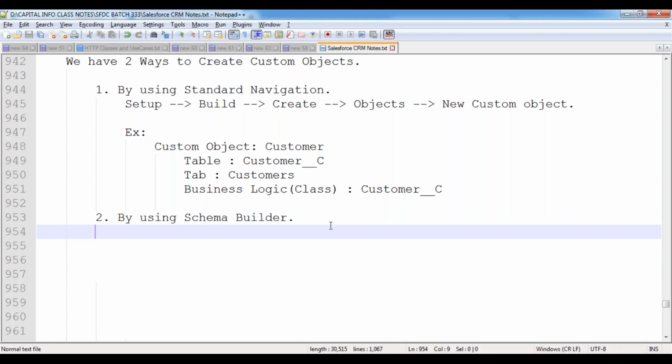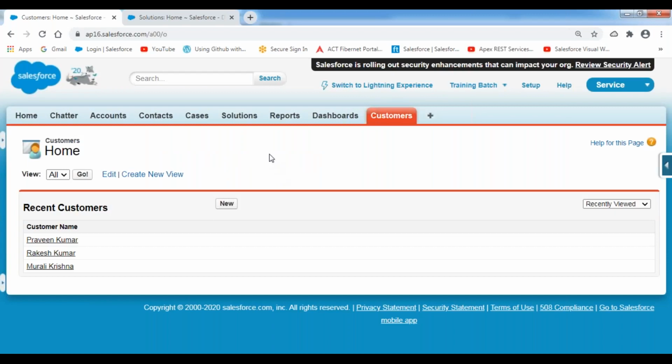Now, in this case, you can raise a question. Sometimes the client will raise a requirement like this: I want to create a table, that's it, I don't want a tab. The client said that he wants a table in order to store some records. It may be related to loans or anything. He wants a table, but he doesn't want a tab